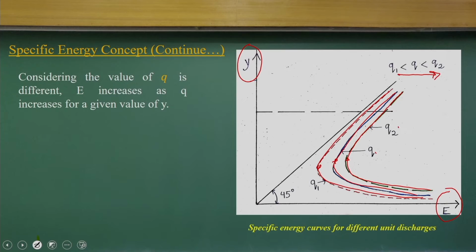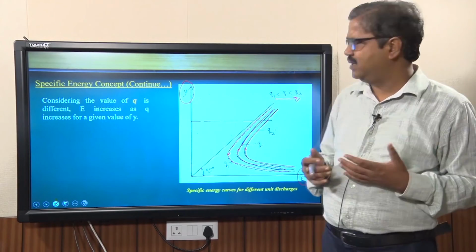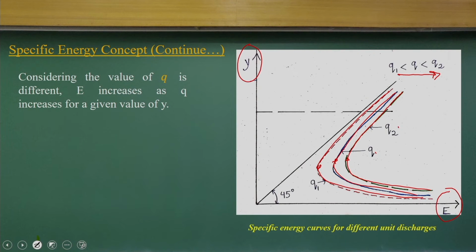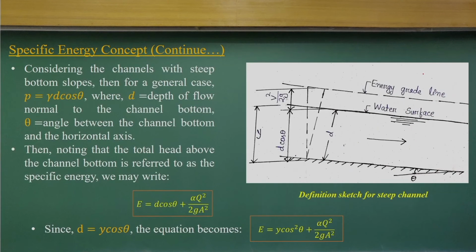It is a very simple way of trying out the energy partitioning between E and Y with different values of q, and how the regions of subcritical and supercritical flow look. This is the subcritical and this is the supercritical region with different q values. We can plot it and analyze how the flow can happen if I have the variations of q shown in these graphs. So, try to understand these things for river analysis.